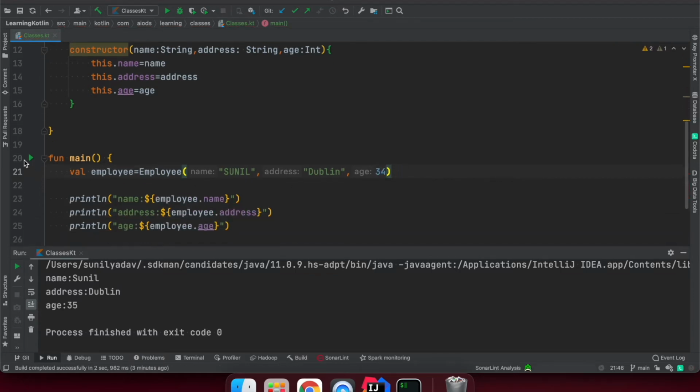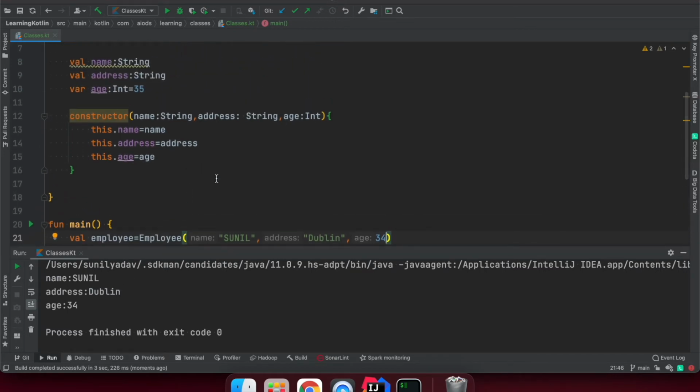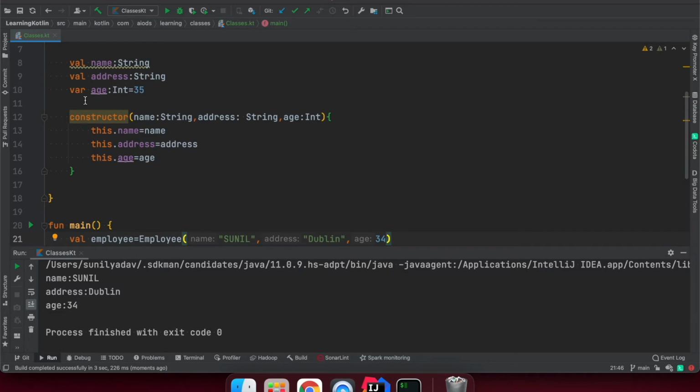So let's run it. Okay, so this is perfectly fine. This is working now. We are overriding the age variable. So this way we can define the constructor in Kotlin in a very easy way, right? This is working perfectly fine.